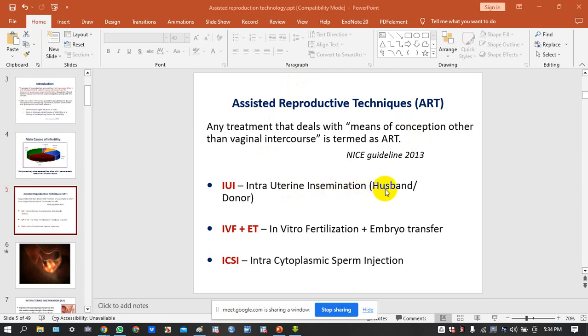We have the husband donating the sperm, or maybe if the husband is azoospermic and cannot donate the sperm, then we go and buy the sperm from a sperm bank and insert the sperm into the woman's uterus, identify the fallopian tube where the egg is, harvest the egg, and put it inside the ampullar region so that it will directly go and fertilize